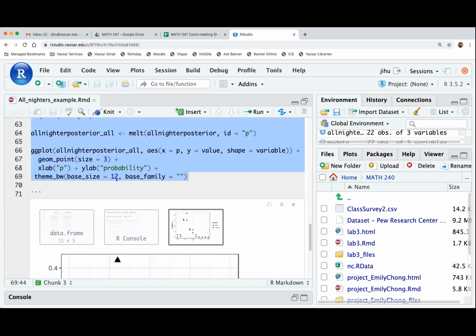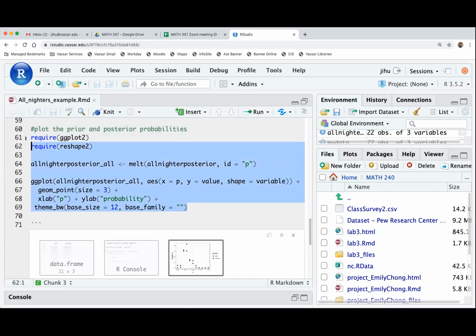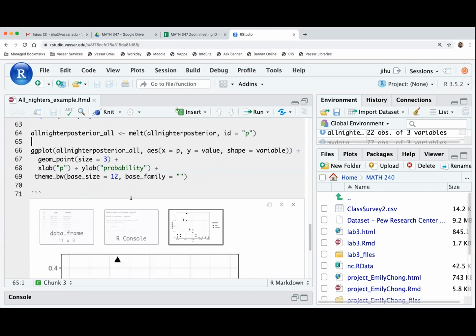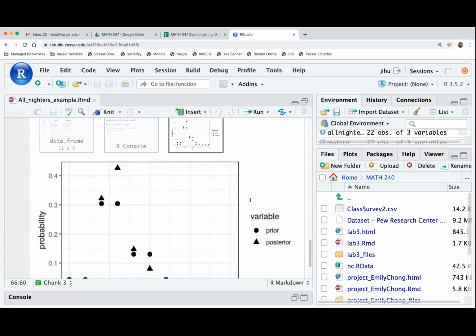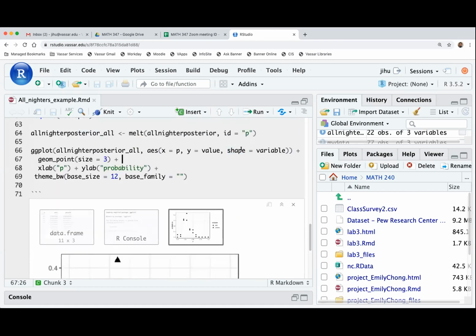But all of this, in fact, I tried to use ggplot for all of the plotting schemes in those examples as well. So that's also part of our introduction to tidyverse that you're going to take on DataCamp. So you can come up with other choices. Say, for example, here, I'm just using different shapes, so I can show prior and posterior as different shapes, the same color. If you change that,